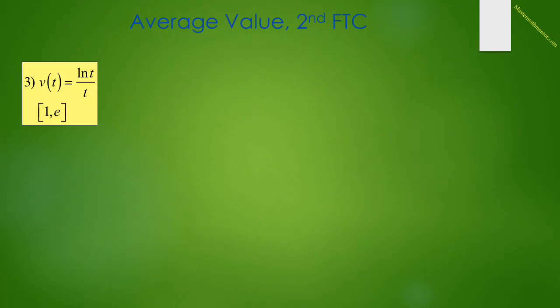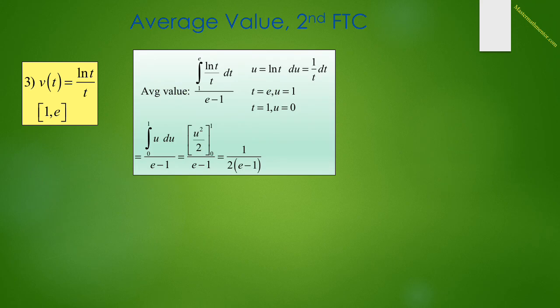In number 3, you're asked to find the average value of the velocity function, which is equal to natural log of t over t, in the interval 1 to e. Taking the average value of the velocity is no different than taking the average value of a function. So the average velocity will equal the integral from 1 to e of natural log of t over t dt